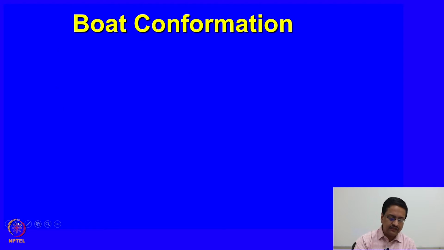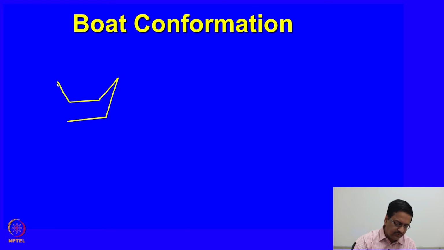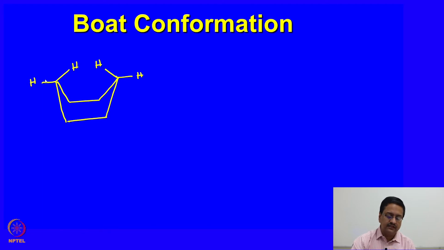As we have seen in the boat conformation, the hydrogen atoms on the flagpole interact very close and you have a significant amount of steric strain and also a torsional strain in the molecule, because